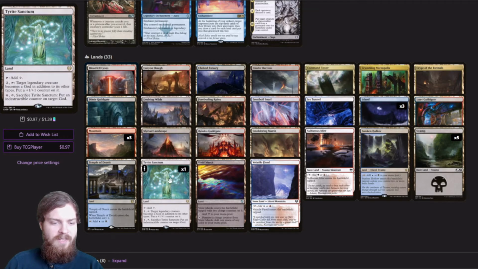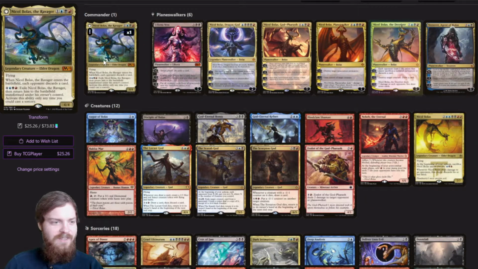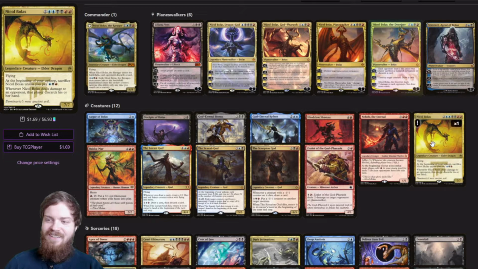And then another land I'd like to point out is the Tyrite Sanctum, which taps to add a colorless, pay 2, target legendary creature becomes a god in addition to its other types, put a +1/+1 counter on it, and pay 4, sacrifice Tyrite Sanctum, put an indestructible counter on target god. And since Nicol Bolas' whole thing is to become this super planeswalker and essentially become a god, I thought it was really fitting that we actually turn one of our Nicol Bolas creatures into a god and really hit that